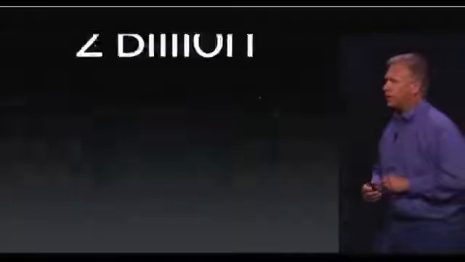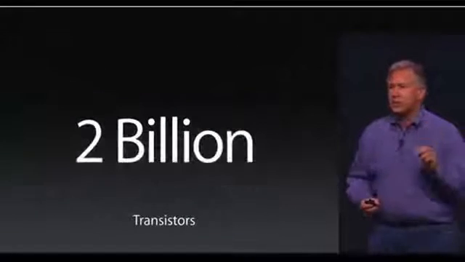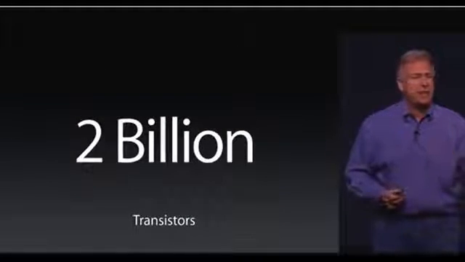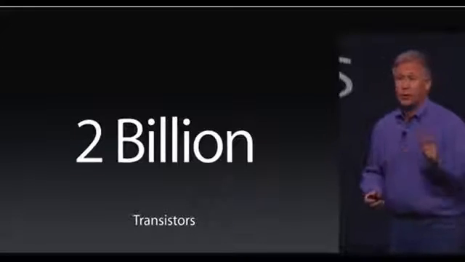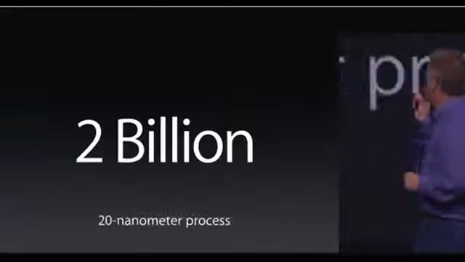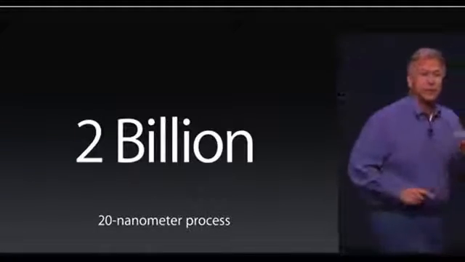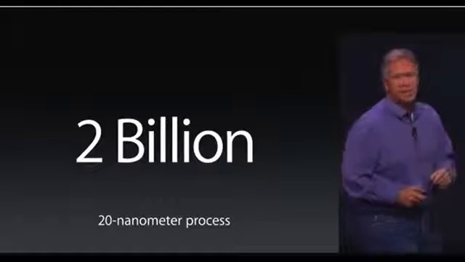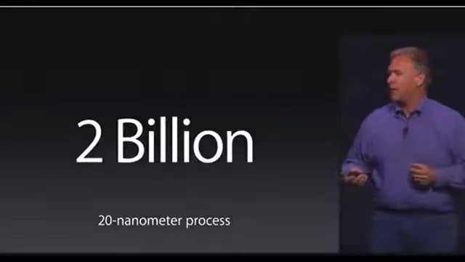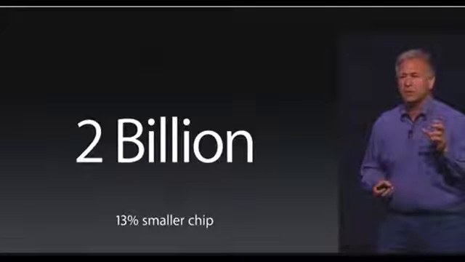Next, the chip inside. A new generation chip, the Apple A8. This is a 64-bit chip, our second generation. It has 2 billion transistors. The A7 had 1 billion, so it's a lot more. It's built with a new 20-nanometer process. Why does that matter? Well, it lets us make 2 billion transistors in a chip that has